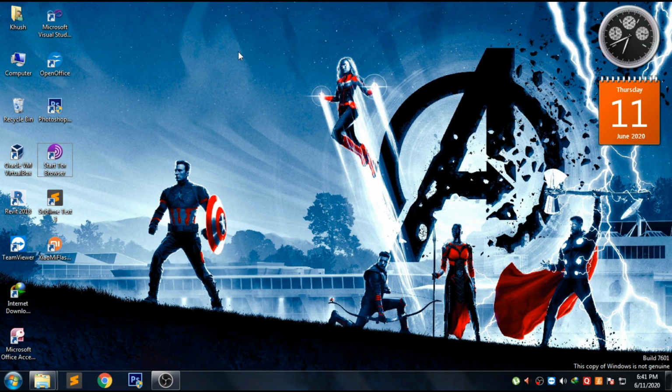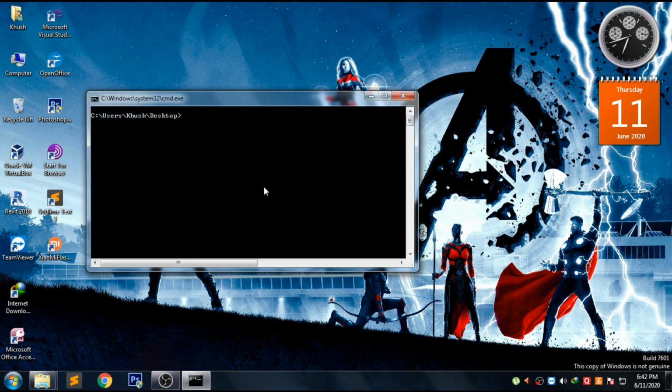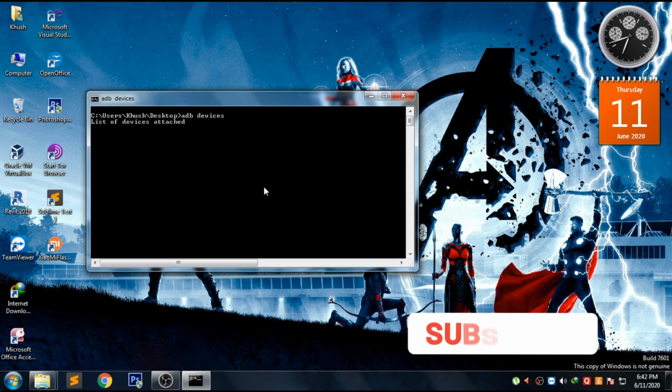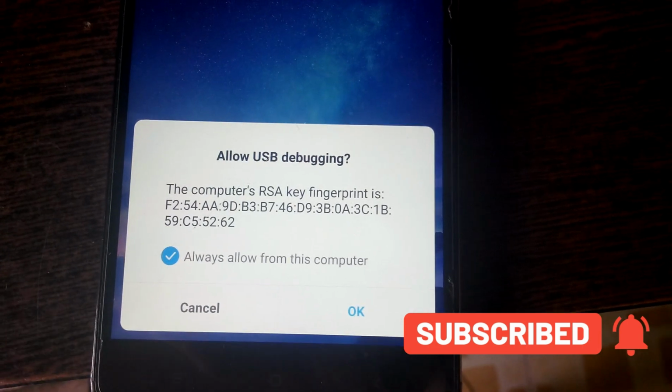So guys, now just press the Shift key on the keyboard and right click on the mouse, and here you will see the option Open command window here. Just open that and type adb devices and press enter. As soon as you press enter, it will ask for permission on your phone.